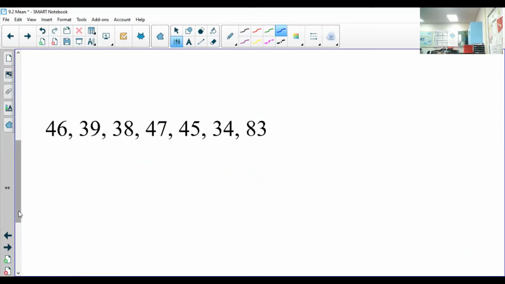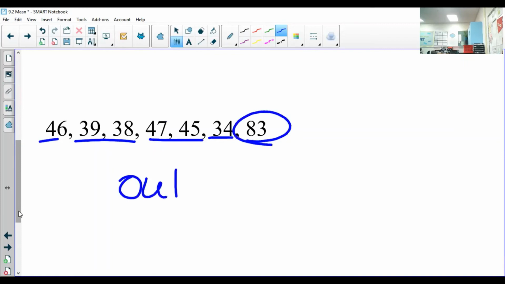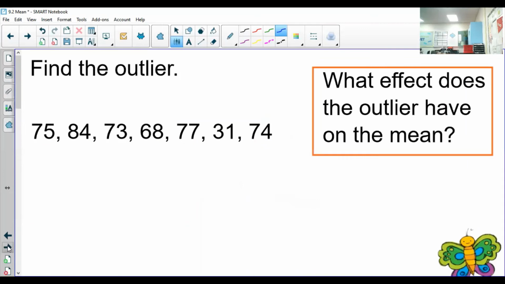Oh, so I got another set. Okay, here, what do I see? Well, I see numbers in the 30s, more than one of them. I see numbers in the 40s. So what's the number that doesn't fit? 83 is my outlier. Okay, now that you can identify an outlier, you can use that to see what effect